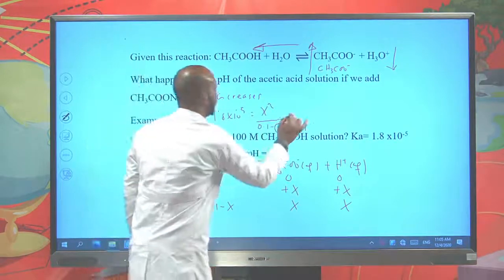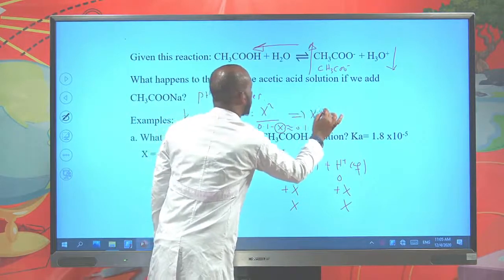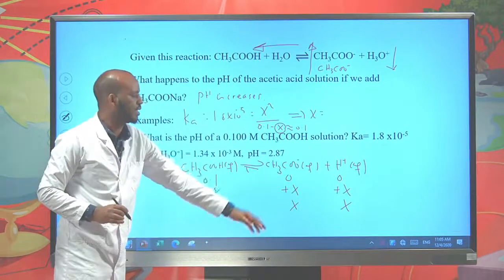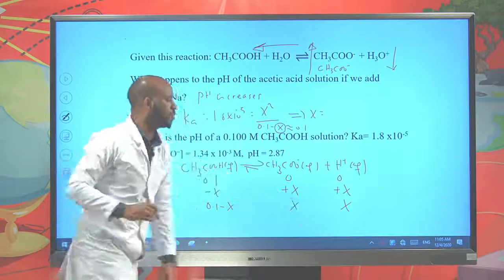From this, X equals the equilibrium concentration of acetate, which equals the equilibrium concentration of H plus,